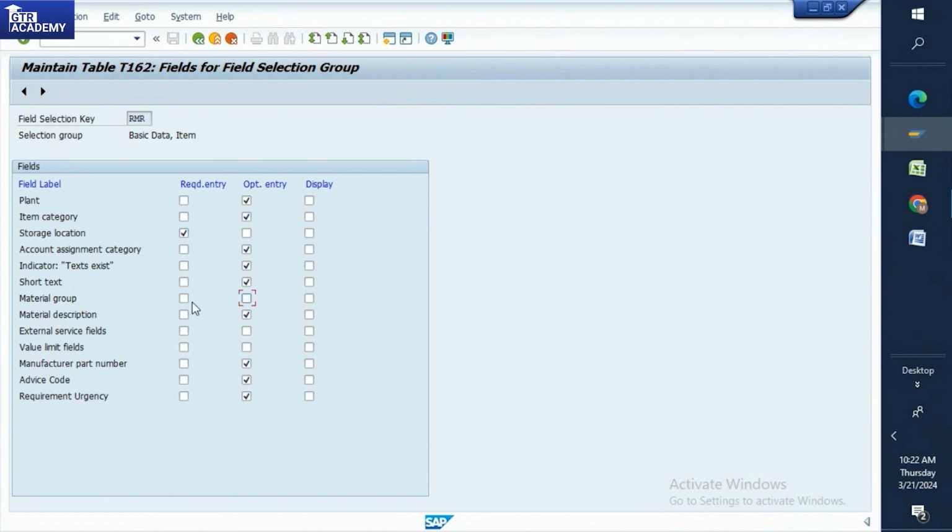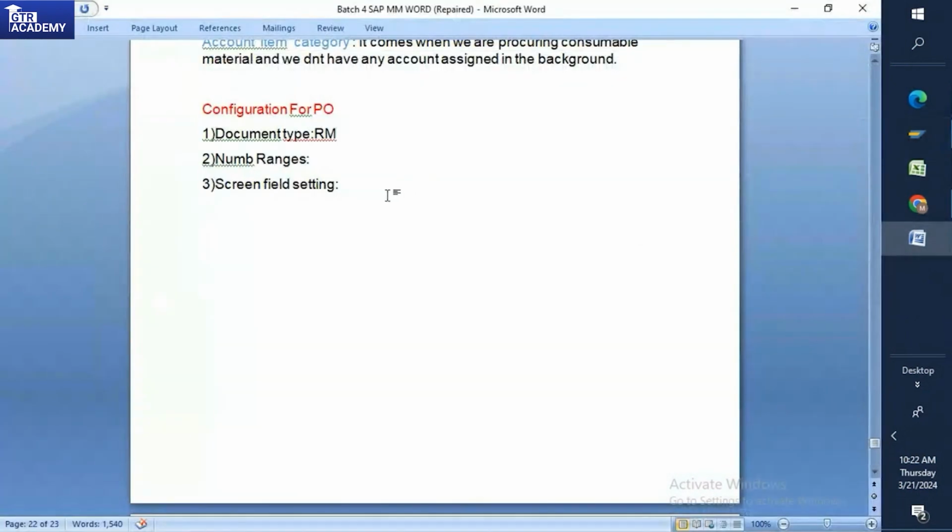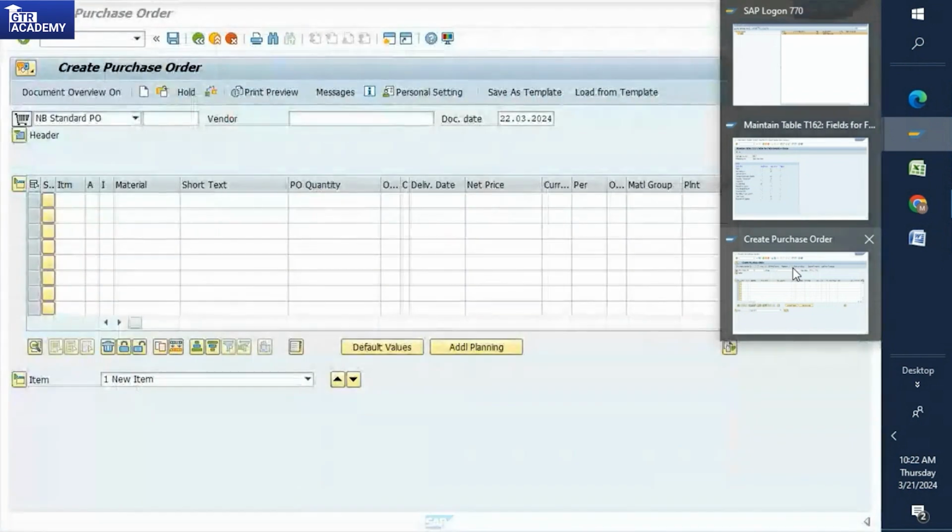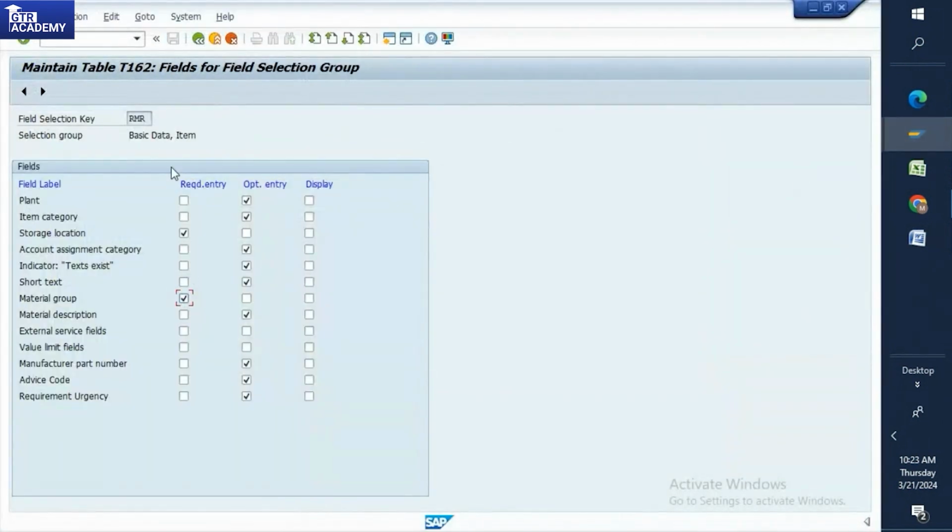First I'll check this and then the storage location and material group. See,